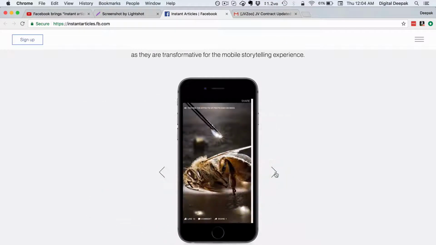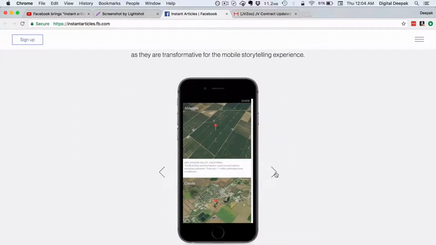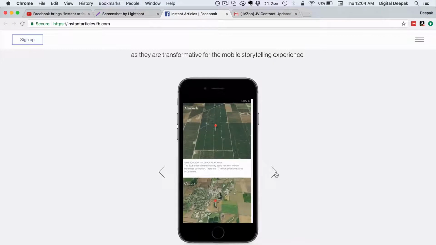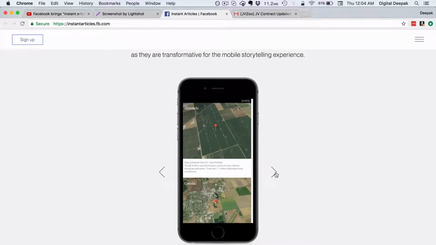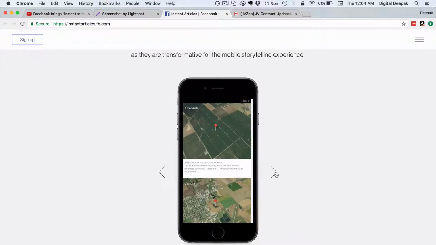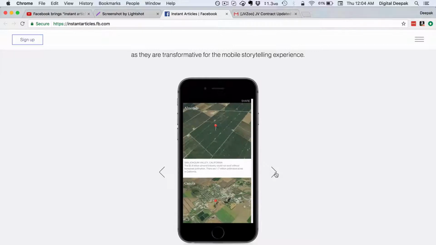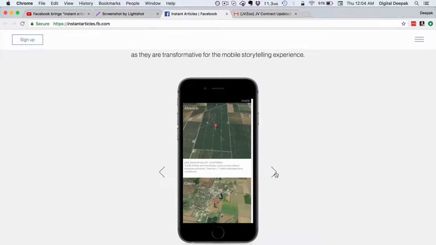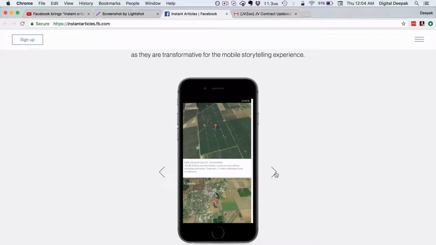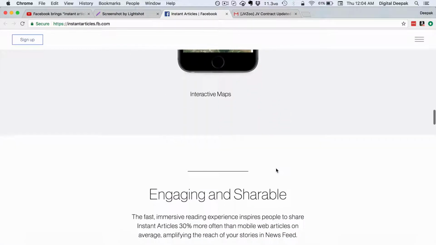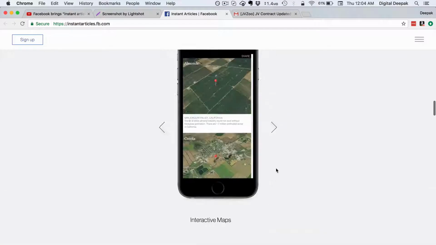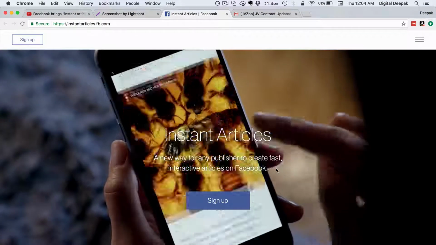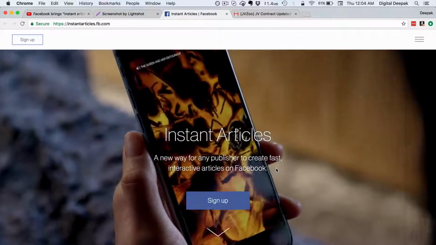If you are using a WordPress blog, then Facebook has a WordPress plugin which has been jointly developed by Facebook and the WordPress team, and you can put this plugin inside your WordPress blog. Facebook will take the feed from your blog and create instant articles on your behalf. So you need a page for it. There are a certain number of steps that you need to follow to enable your WordPress blog for Facebook Instant Articles, that we will have a look at in the live demo.